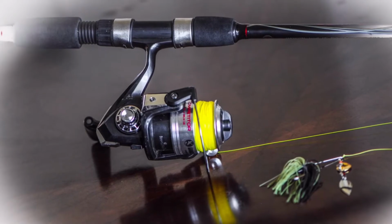And if you're going to be throwing a Texas rig on a spinning reel, I recommend 15-pound. You might be using smaller style baits, going more finesse, and I recommend 15-pound braid whenever you're using that type of setup. And depending on where you're fishing, if the water's very clear, you might want to tie